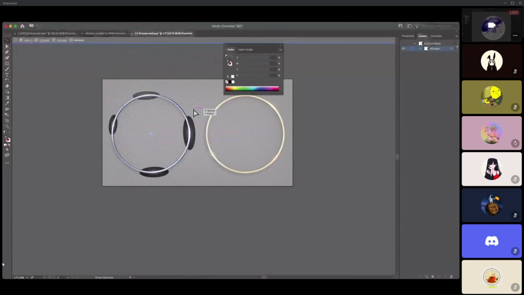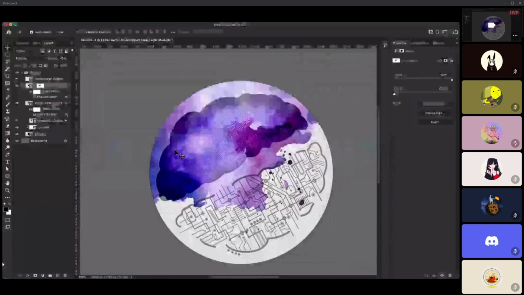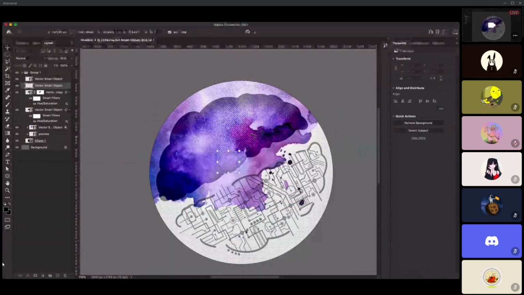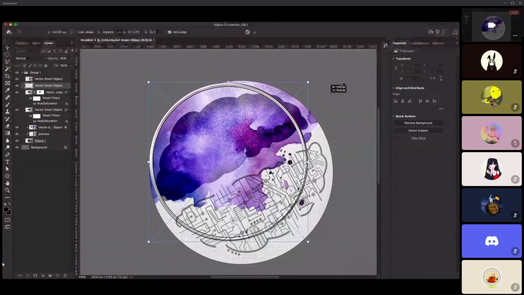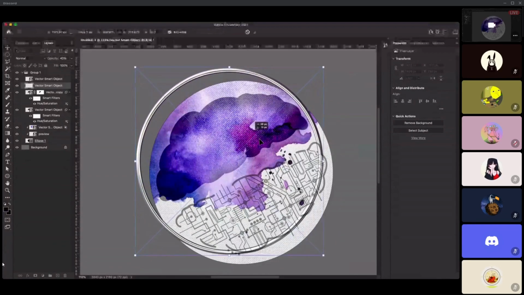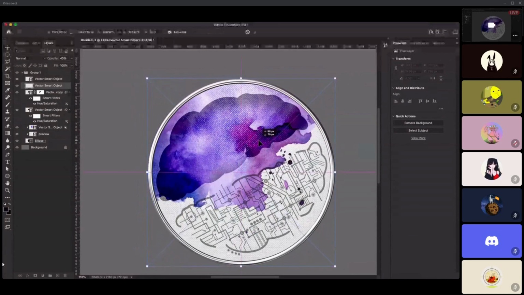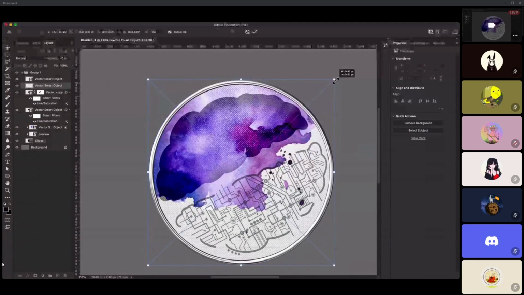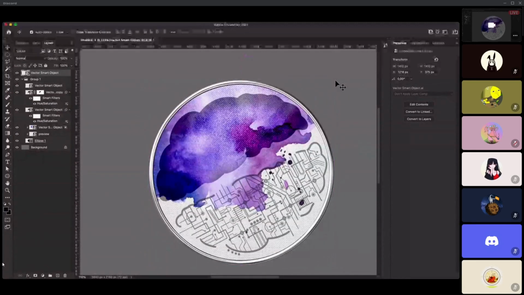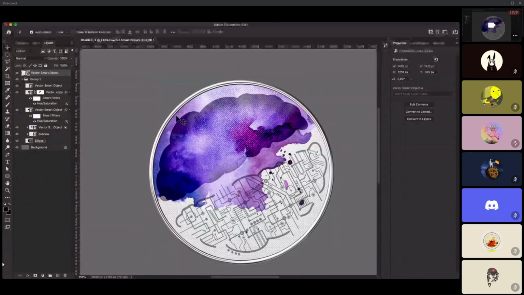Now you can see that I can only select the ring. I press Command C, come back to Photoshop, and press Command V, and the ring is created. I just hold the option to scale it up, and I try to set it up right across like so. Now the ring is done, but there is a problem because there is no definition to the insides. The ring will always cast some kind of shadows.